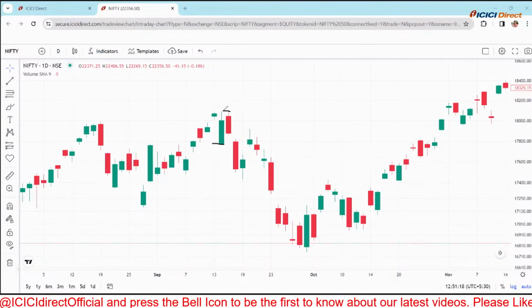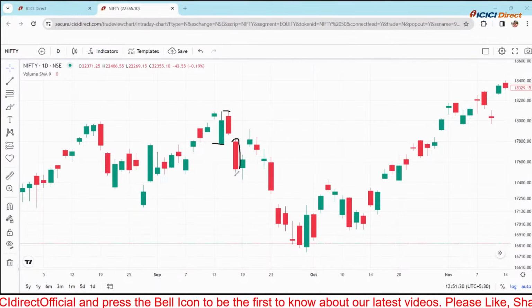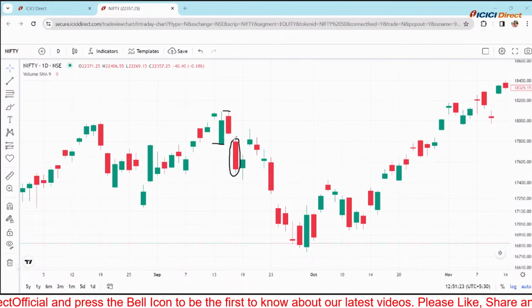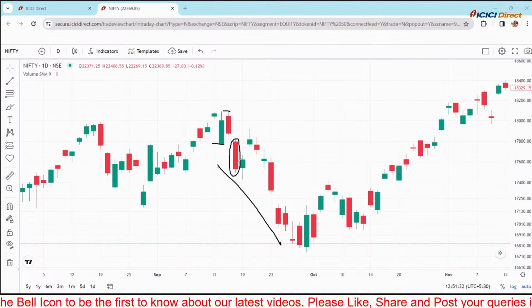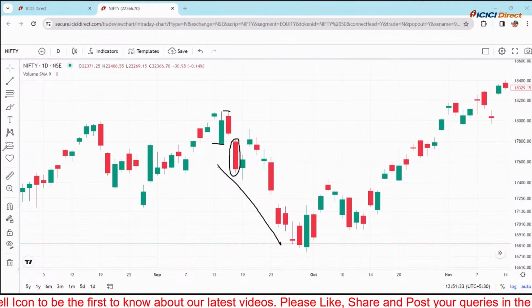Stop loss would have been this point. This candle definitely confirms that there is a downtrend in the market. And from there, if you see, it did come up for a while, but it just came down. And ideally, a lot of people would have called this a